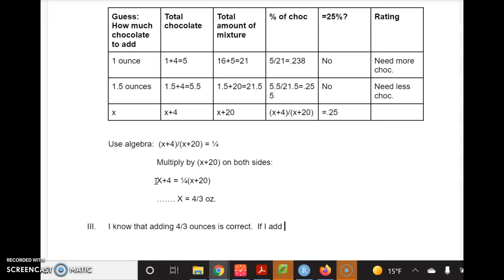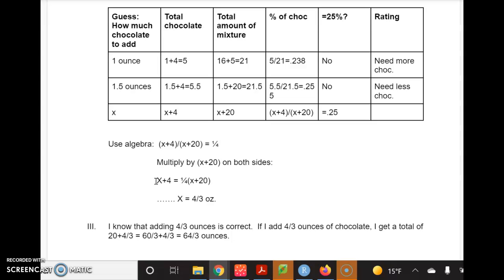If I add 4/3 ounces of chocolate, I get a total of 20 plus 4/3, which will equal, let's see, 60/3 plus 4/3 equals 64/3 ounces,